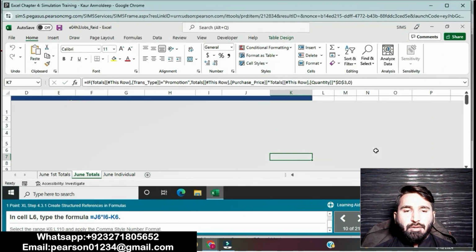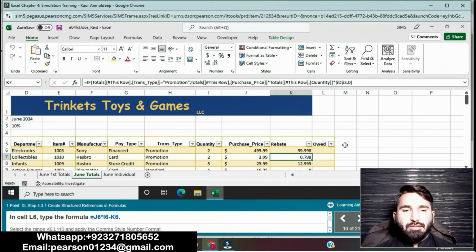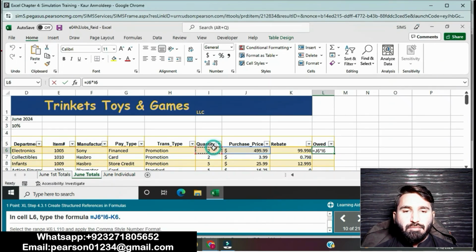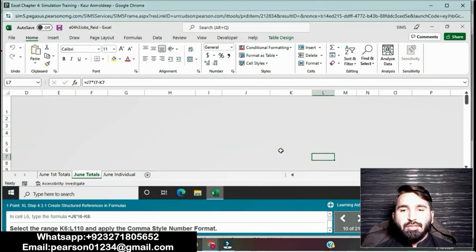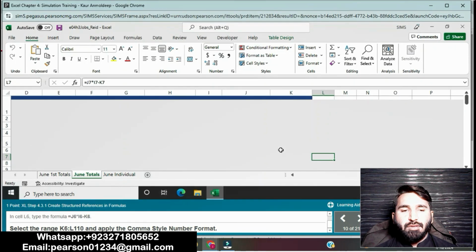Okay, it's done. In cell L6 type the formula equal to J6 multiplied by I6 subtracted from K6. Okay, then press Enter, the value will be shown here.